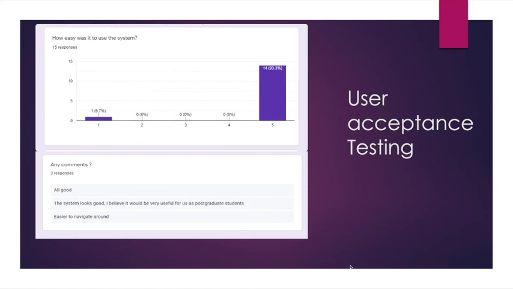Students tested the system interface and functions, and the system functionalities also. So here is the response of the students; we can see that there are 15 students that assisted me for the user acceptance testing.